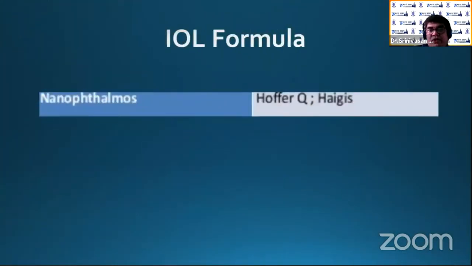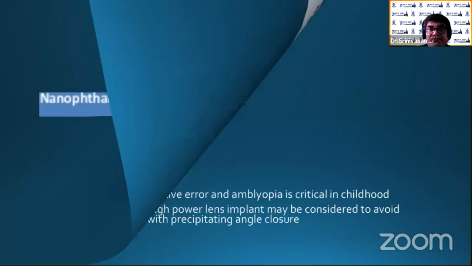Remembering the IOL formula is very important. Here, I want to mention that Hoffer Q or Haigis is the preferred one, but more than that, we prefer an immersion technique in this, and it is better that the surgeon performs the IOL calculation. Even the dipping of the cornea can increase the refractive surprise. Moreover, in spite of all the IOLMaster calculations and formulas, explain to the patient there can be refractive surprises later on. In case of refractive surprises, piggyback lenses have to be kept in the sulcus. This has to be explained to the patient preoperatively.